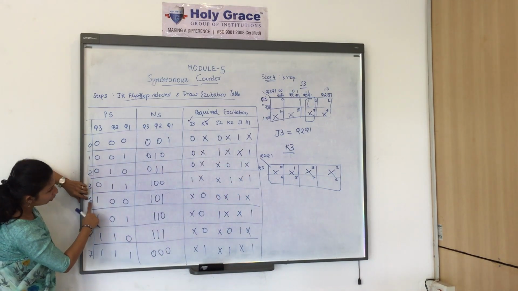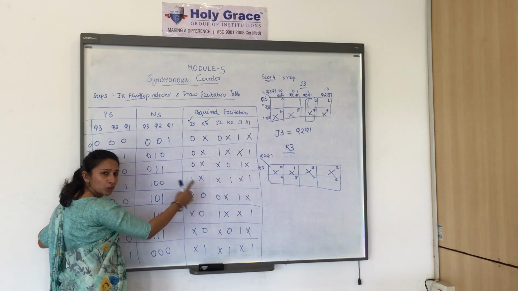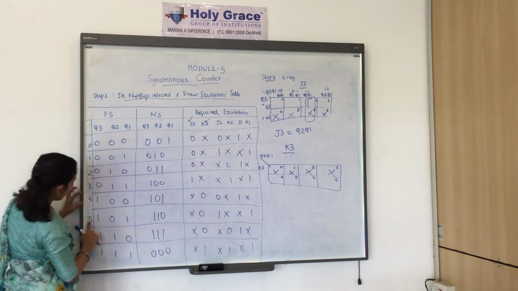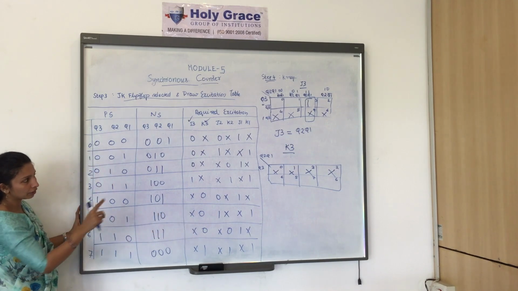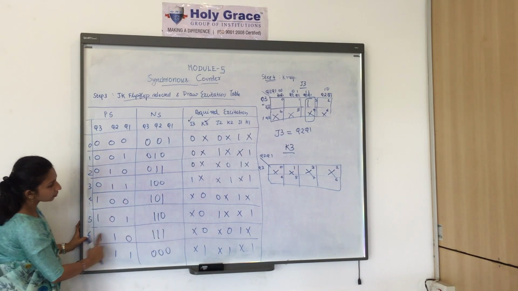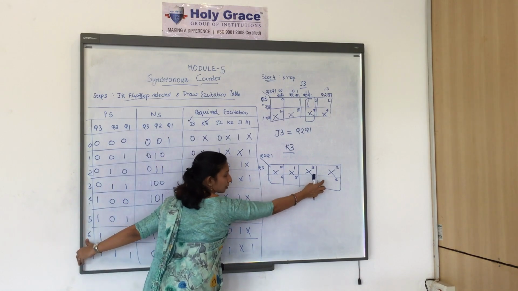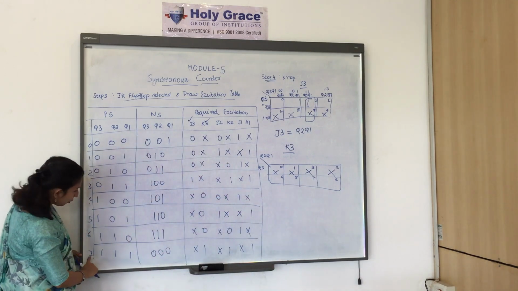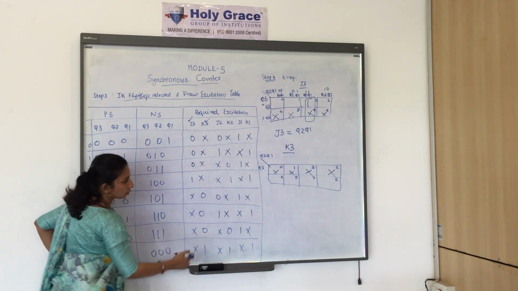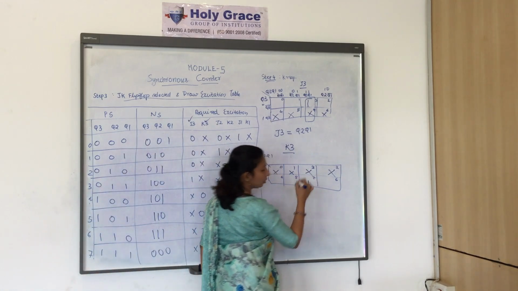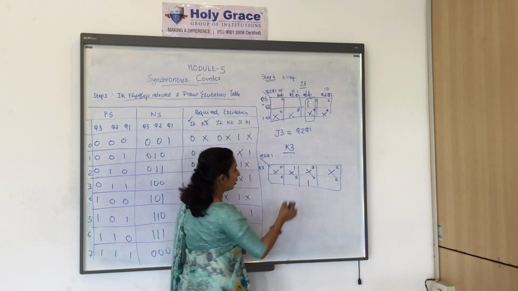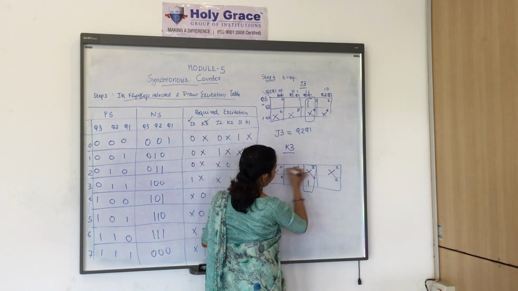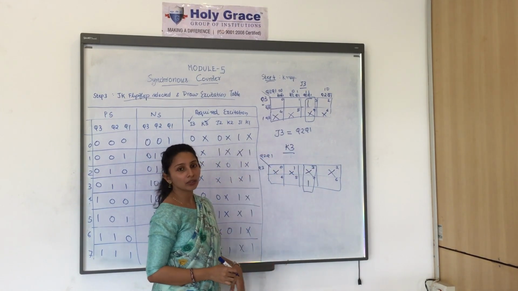Now what about 4? You can see it is a 0 value, so you don't have to fill it, you can leave it out. What about 5? 5 is also 0, you don't have to fill the 5th location. In 6 also it is 0, so you don't have to fill the 6th location. For 7 it is 1, so for 7 I will draw a 1. The next step in the K-map is grouping. So here I will group it like this. Now we have to write down the equation.